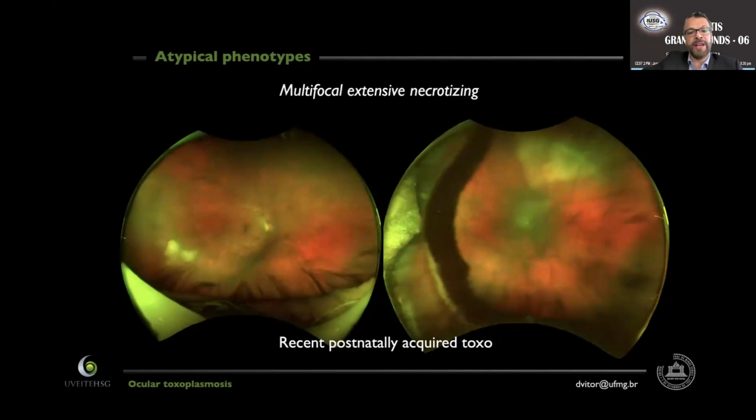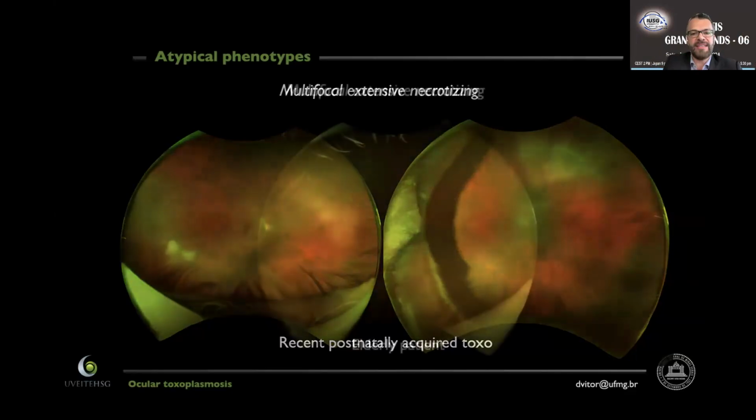This is the other predisposing context, which happens to be recent seroconversion for toxo. So in outbreaks all over the world, we have seen patients with some more fulminant forms of toxoplasmic retinal choroiditis with these atypical presentations. We hypothesize this is possible because the patient is not yet able to mount a robust immune response to contain infection. And so the patient may have multiple large and even bilateral lesions, as we see in this case here.